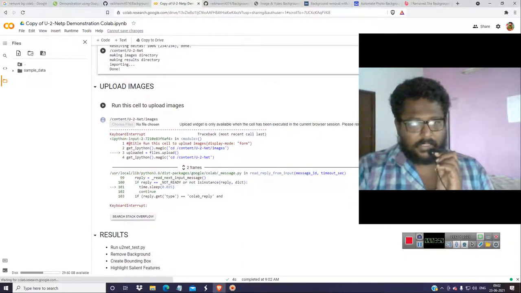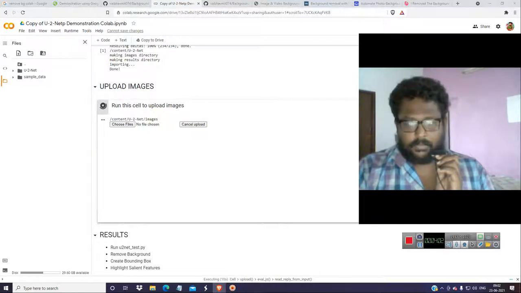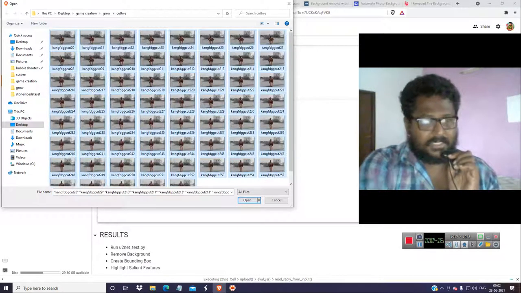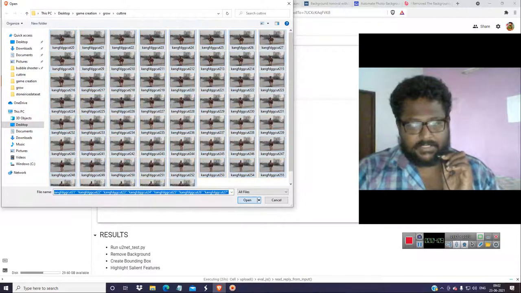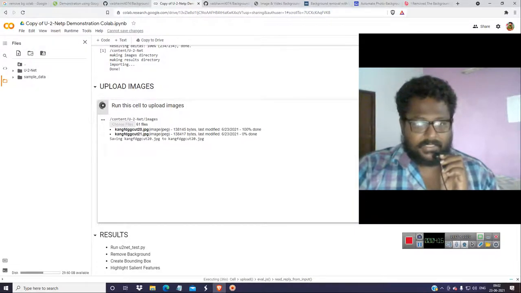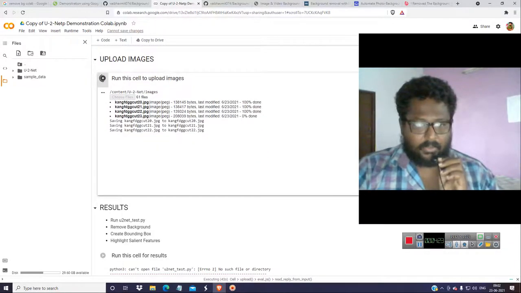Now we have to click this to upload the images. You can upload as many images as you want. Let's choose the files. Let it upload. Now you have to select one thing, press Ctrl A, and upload all the files. It will take some time. First thing is being uploaded, second, then third. Then you have to run this setup and you can download all those things.